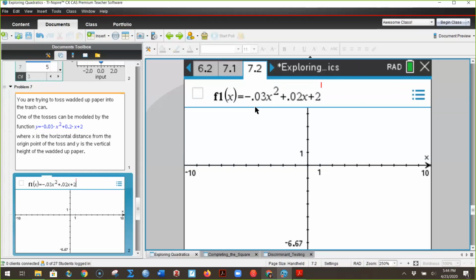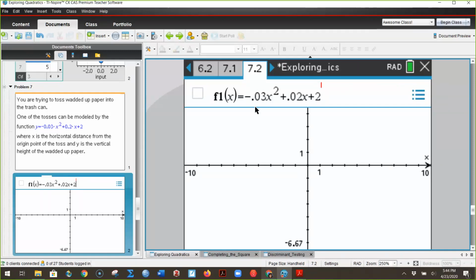And it's 0.02. There we go. All right, so upside down parabola. What about the whole number 2? It's going to have a y-intercept of 2